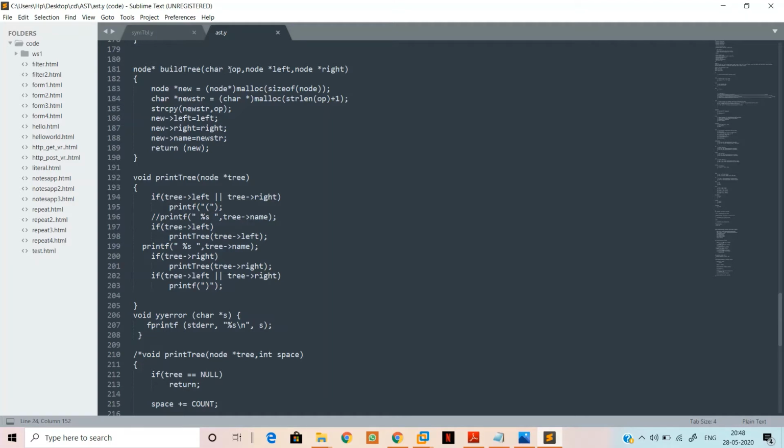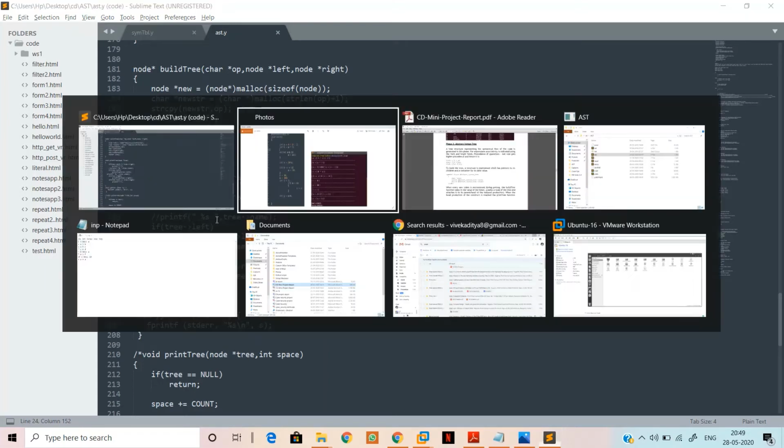The build tree function creates a new node, the character is copied to the character container of the new node, and the left node points to the left child and the right node points to the right child. There is a print tree function which prints the tree in ordered fashion.